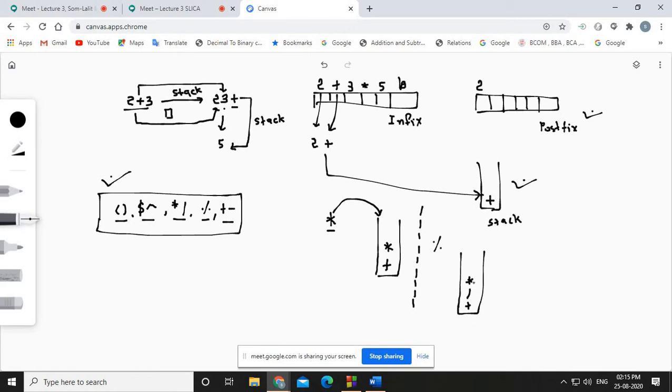See, multiplication and division have a higher priority than the modulo sign. Are you getting my point? So this has a higher priority, and this will not have a higher priority. So what you need to do is insert this into the postfix. This will be popped out, so it is removed.